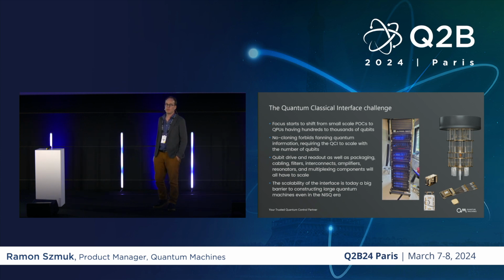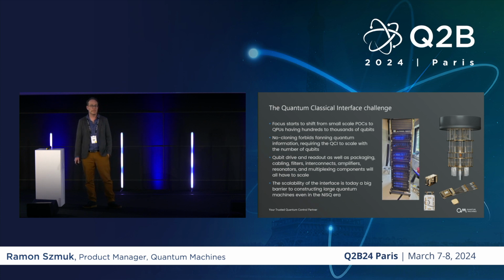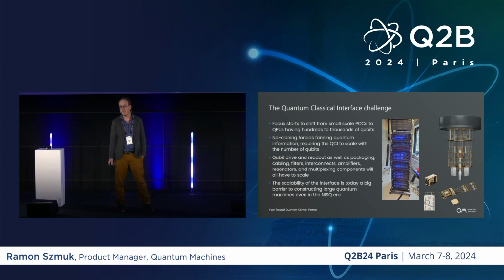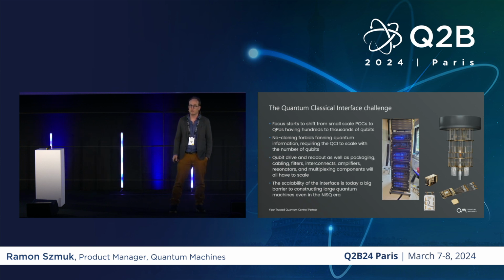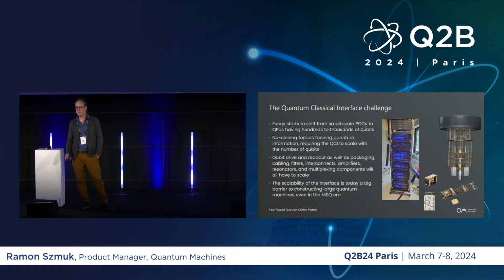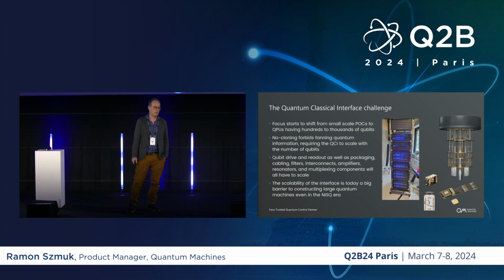You can do a lot of multiplexing. I will show you cool examples in the next slide. But you still need to have a channel per qubit. And so if you want to do hundreds or thousands of qubits, you're going to need hundreds and thousands of channels, of drive channels and readout channels. There's no running away from that. So the control of quantum computers will have to scale together with the qubits. You might have a nice prefactor if you're doing atom arrays, but you still scale with the number of qubits.